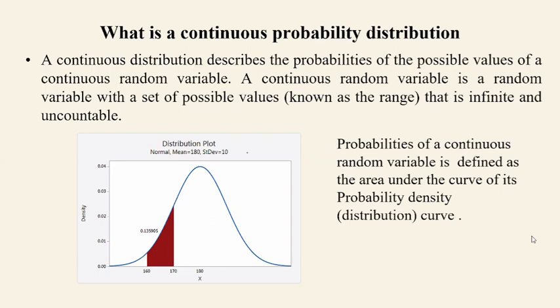For a discrete probability distribution, if x is a discrete random variable, then we say P(X = x), right? But here, if x is a continuous random variable, we cannot say it in such a manner, because